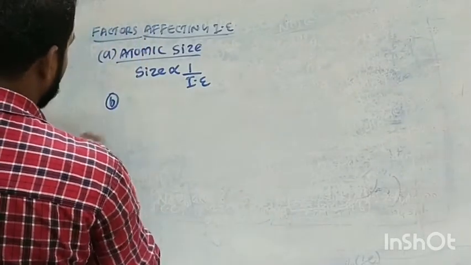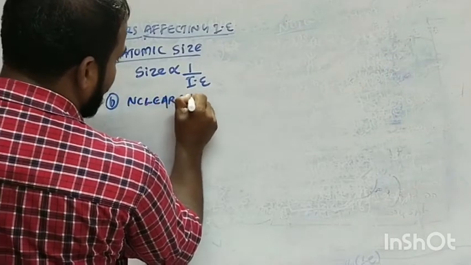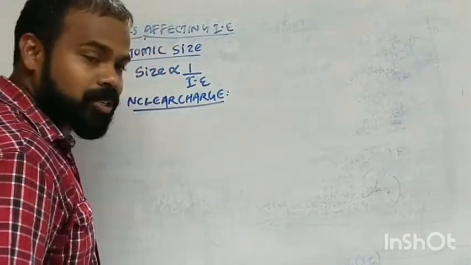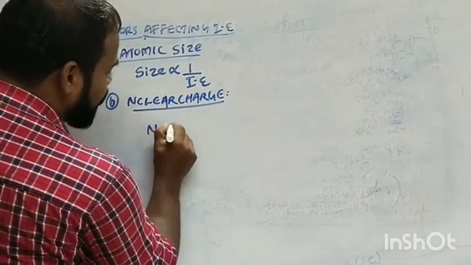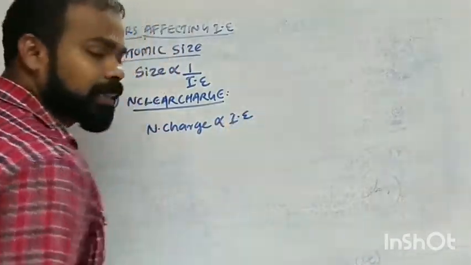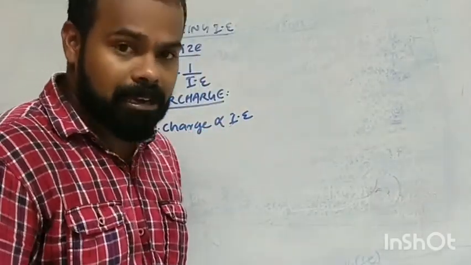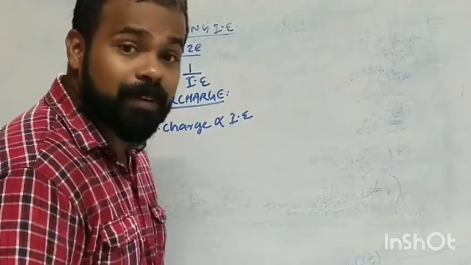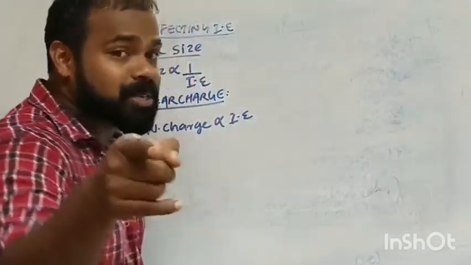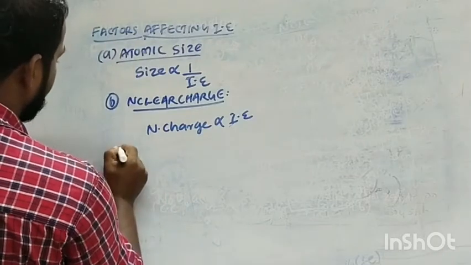Then second one, nuclear charge. Nuclear charge is directly proportional to ionization enthalpy. When the charge of the nucleus, otherwise the effective nuclear charge, increases, at that time ionization enthalpy will increase. Therefore, that is why we said that as we move along a period, ionization enthalpy increases. Don't forget that. Okay. Then next, third one,